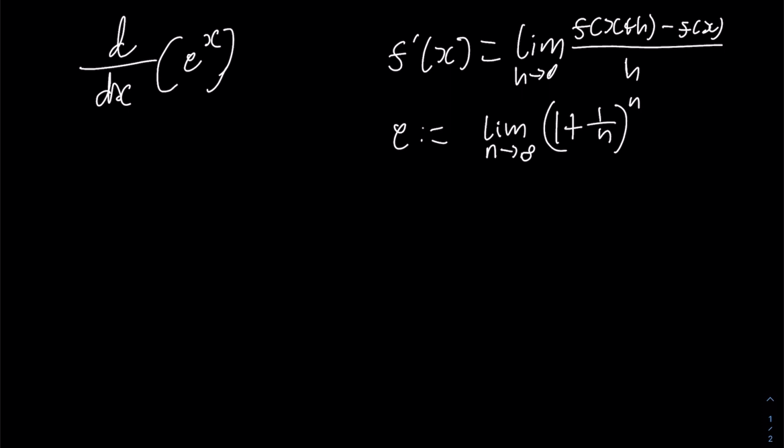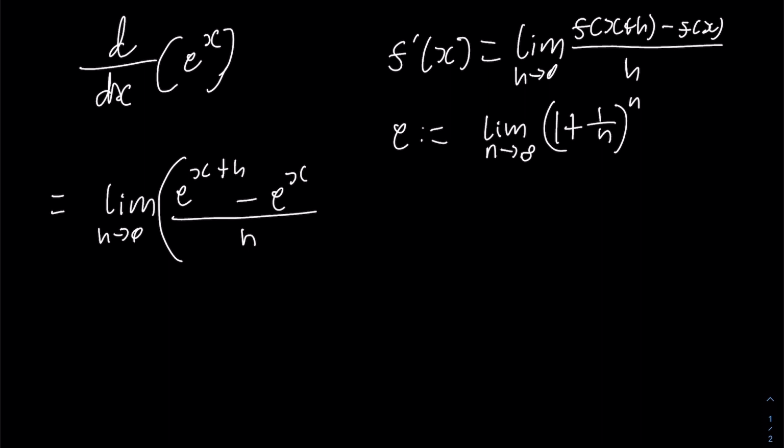So we will use first principles. This is going to be equal to the limit as h goes to 0 of f of x plus h. F of x is e to the x, so f of x plus h is going to be e to the x plus h. Let's put a bracket here to show that this is all the function part of the limit. And then we subtract e to the x, because e to the x is our f of x,